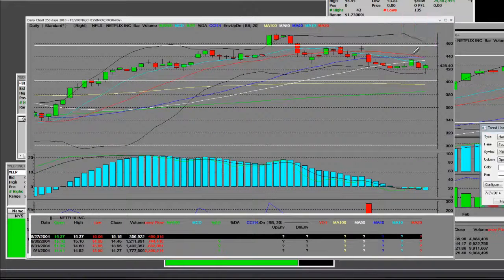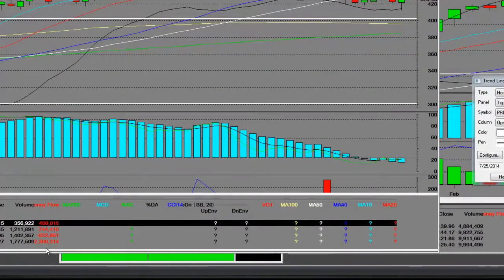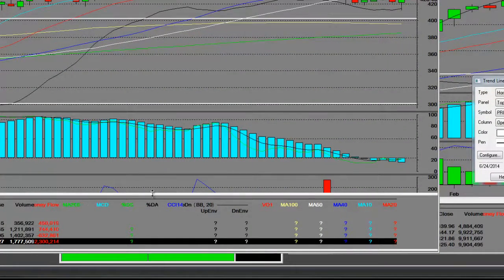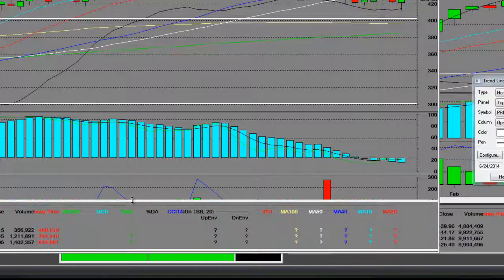Here's what we have before us. We have Netflix, and it's a daily chart. One of the things that we're going to talk about on the daily chart is what Netflix has done: it's created a complete reversal through the 20. The white line is the 50, and the 10-day is descending, and it also has a